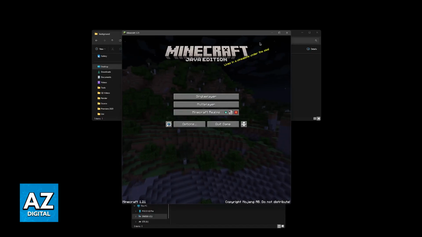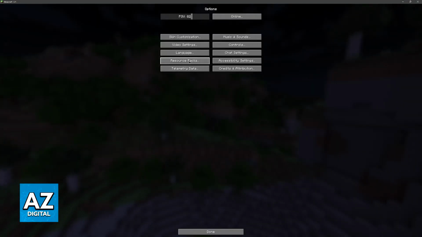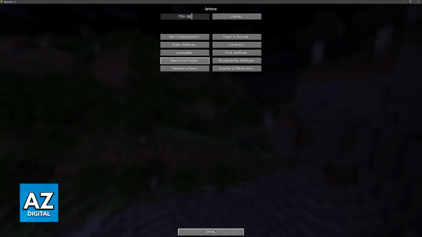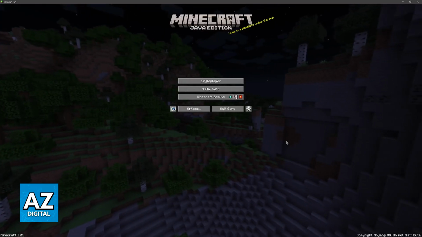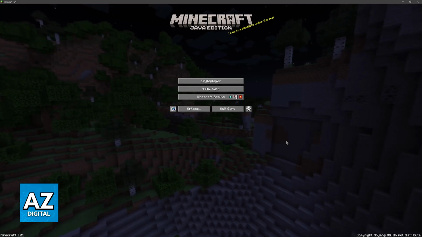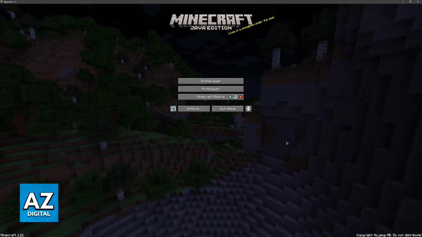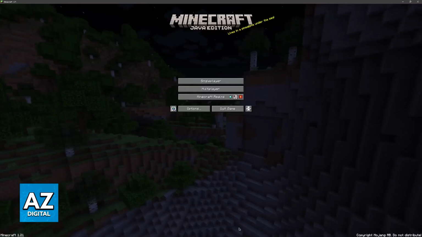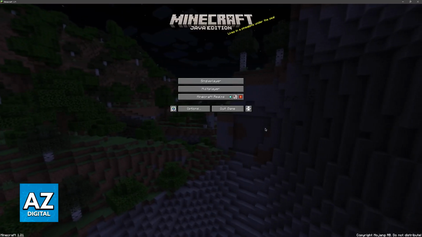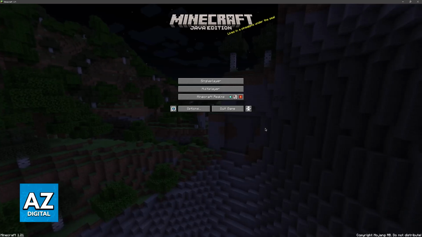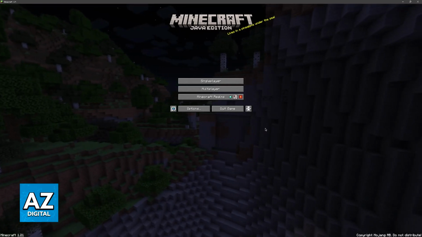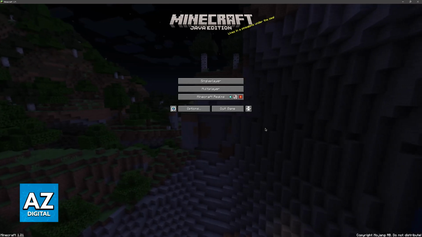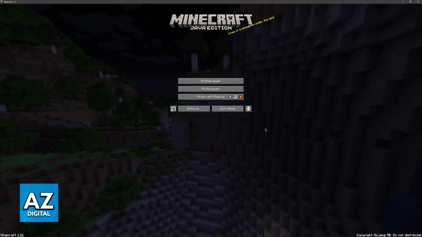So now all that you have to do is go over inside of the game, go into the resource packs, and if you did everything properly, your resource pack should be here and the images will line up. Now, if they don't line up, remember that you should try to use 90 or 82 FOV. For me, 82 FOV did the trick, but a lot of people have reported that 90 also works. You should try to use both and see whichever works best. I recommend that you try 82 first, and if the images don't line up properly with 82, then you try using 90.